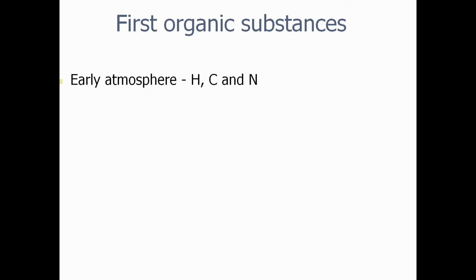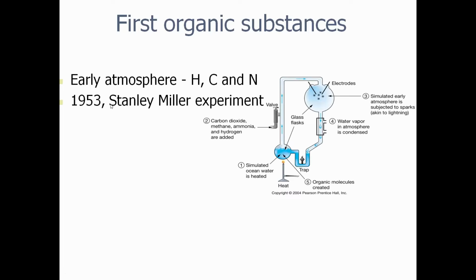First organic substances. The early atmosphere had hydrogen, carbon, and nitrogen. These make up most of the organic molecules that make up life. Dr. Stanley, 1953, had an experiment where he took a simulated ocean and pumped in gases, which represented the old time atmosphere, the primordial atmosphere. He ran it through a cell that had electrodes, which acted like lightning, and then had water cooling. And as the water came down into this trap, we started to notice within a few days, even a couple of weeks, that organic molecules